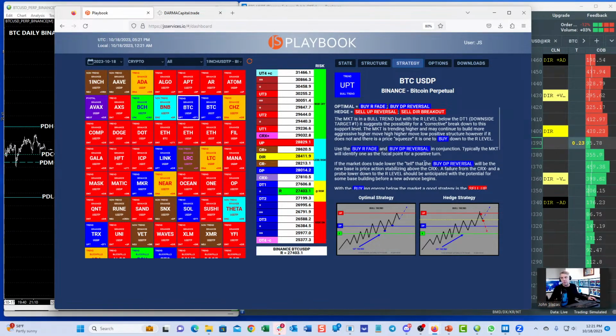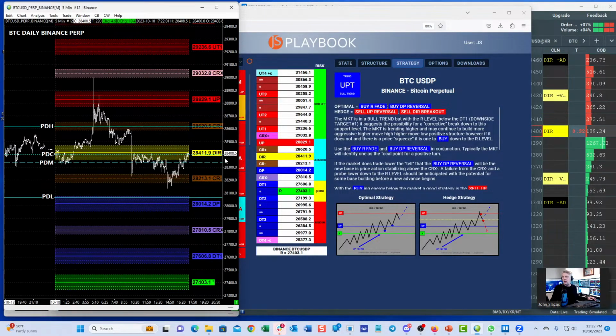So the expectation is we're either going to make a play for the midpoint of this critical range, or we're going to fail and the thing's going to revert and we're going to have a complete corrective trade down to the sentiment. So the other part of a hedge strategy, and this is the optimal hedge strategy, is that we get a shift in momentum below the directional. Because what that's telling us is that there's an issue with the positive momentum. We're no longer performing to the expectation of the state. Because you can look at each one of these price points as literally a staircase. So as long as you're climbing the staircase, everything's fine. As soon as you break that structure, there's a problem.